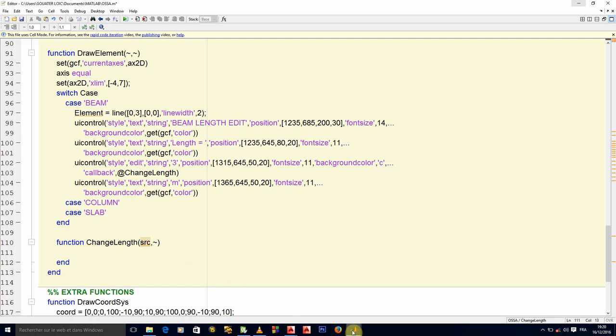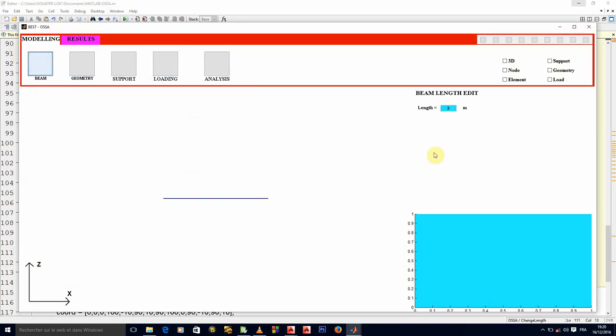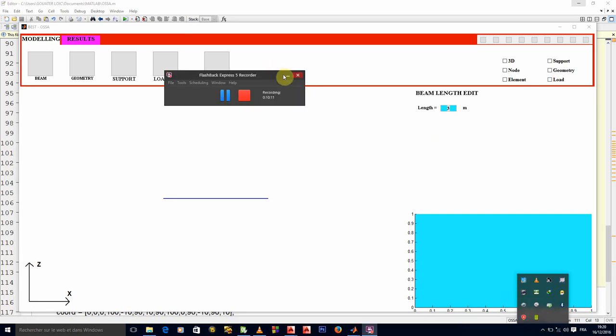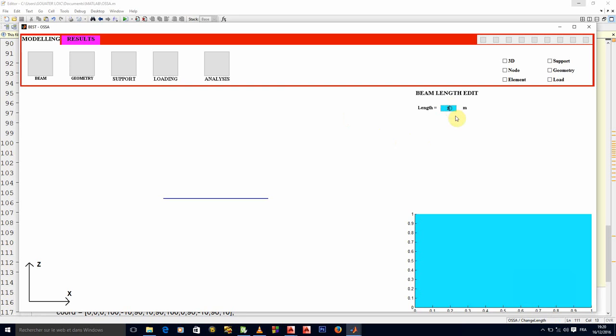So what has to happen here? This function is a bit delicate. Why? Because there are some conditions that will need to be respected when I'm entering values here. The length of the beam should not be equal to 0, right? The length of the beam should not be negative also. It should always be a positive number, and the length of the beam should not be a text. So we have to make sure all of those conditions are respected, right? So let's do that.